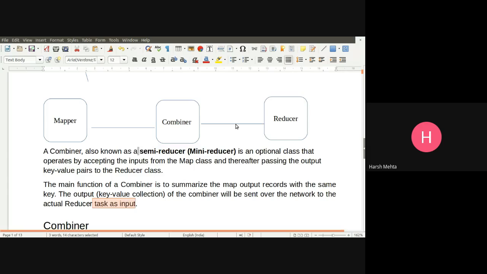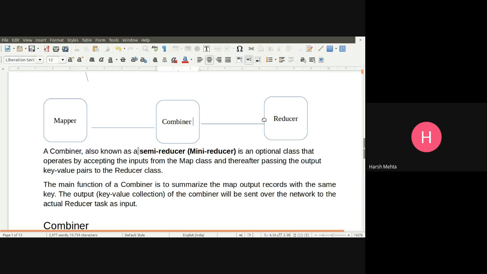So what are we supposed to do? How do we reduce the network bandwidth usage? The same mapper output we are sending over the LAN to the reducer, and due to this network bandwidth is occupied. What can we do? We can introduce a combiner. It will reduce the task of the reducer; it works as a reducer only.